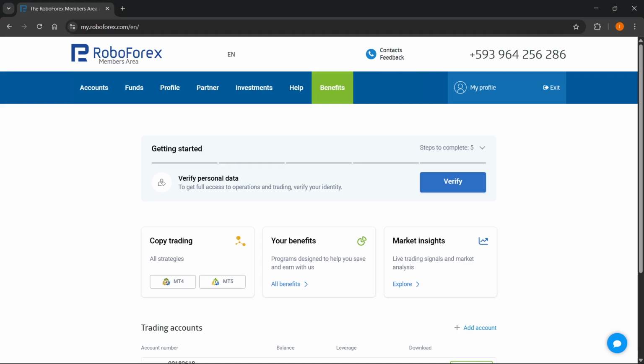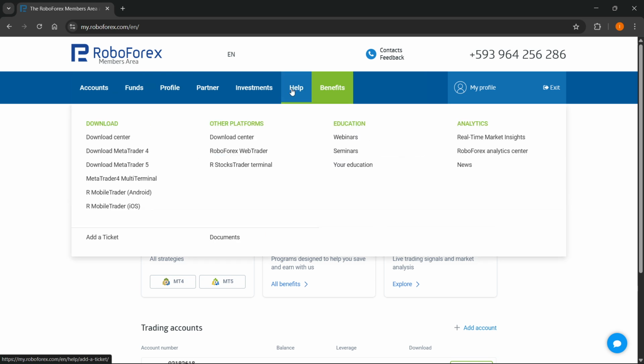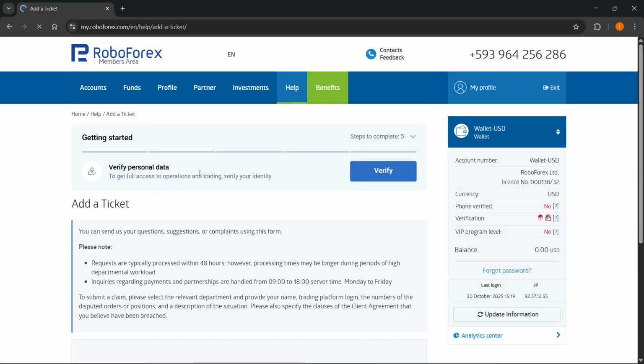In this video, I'm going to show you how to delete a RoboForex account. Now, the first thing you have to do here inside your dashboard in your members area, hover over the help section and click on add a ticket down here at the bottom left. Now, what this is going to do here is going to take you to a page where you can add